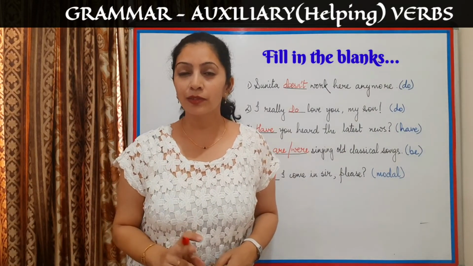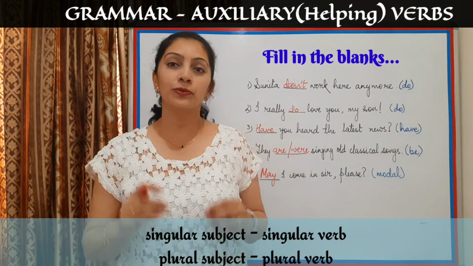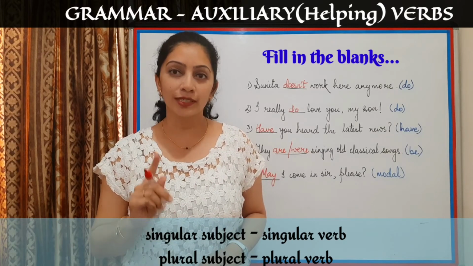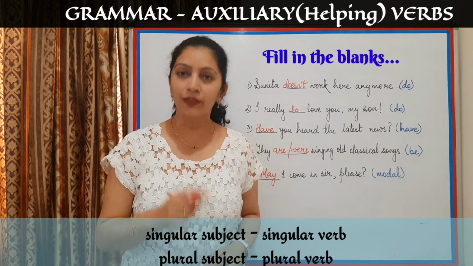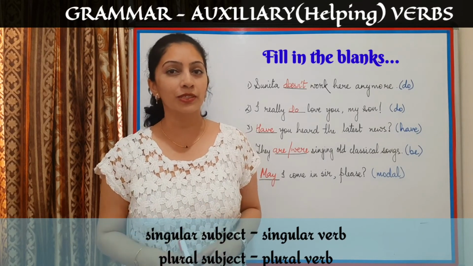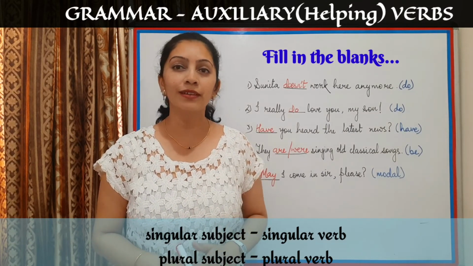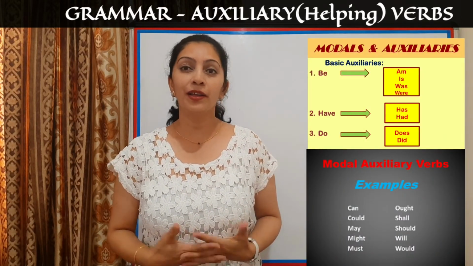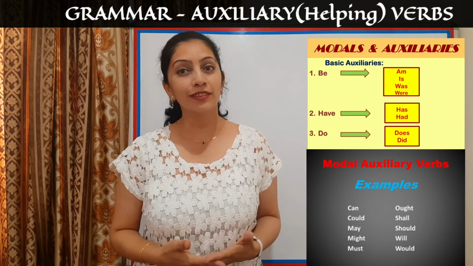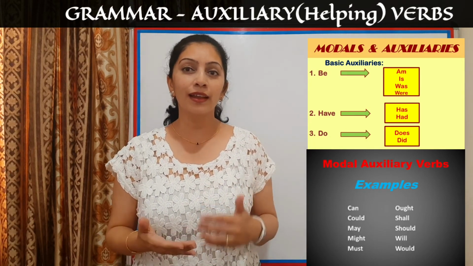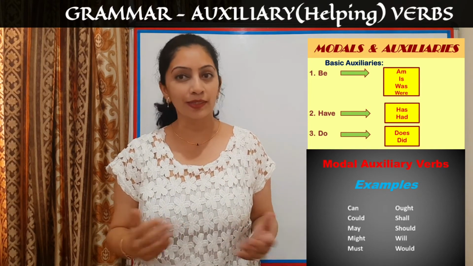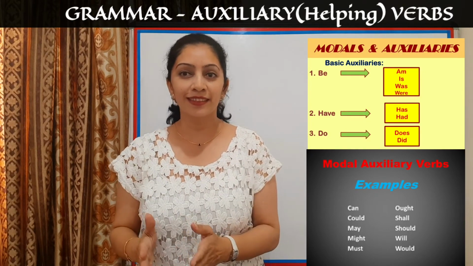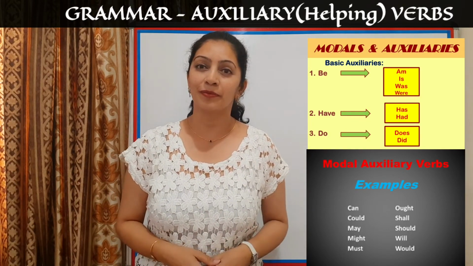So that's a golden rule which you must never forget, that whenever you are filling in the verbs, look at the subject first. For a singular subject, you will always fill in singular form of verb, whereas for a plural subject, you will always fill in plural form of the verb. So that was a lovely session on auxiliary verbs. I hope you understood the different types of auxiliary verbs, how they work as an auxiliary or the main verb depending on a sentence. What are the different types of each auxiliary verb as per the tense, and in what ways you can use them.